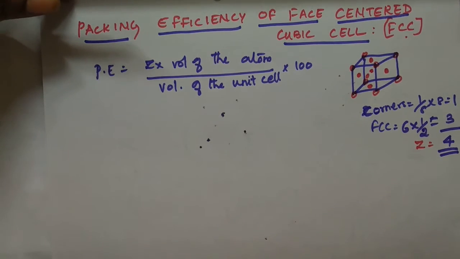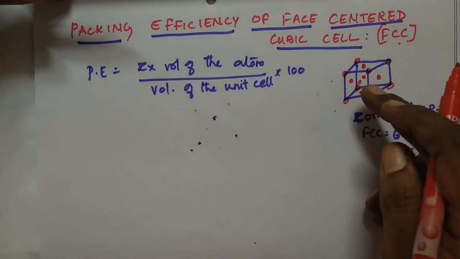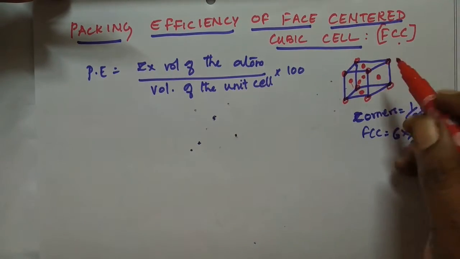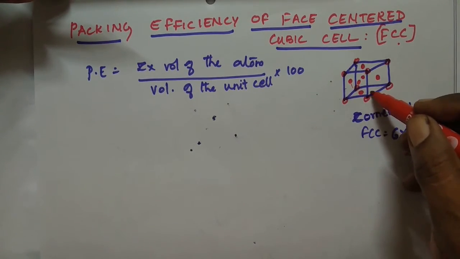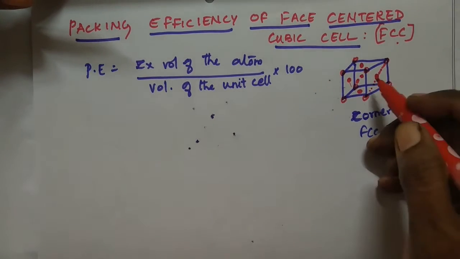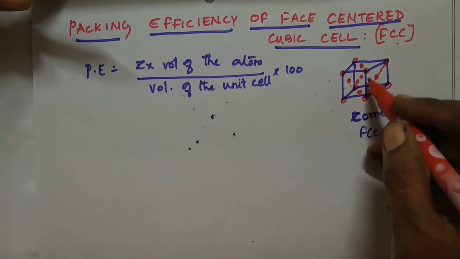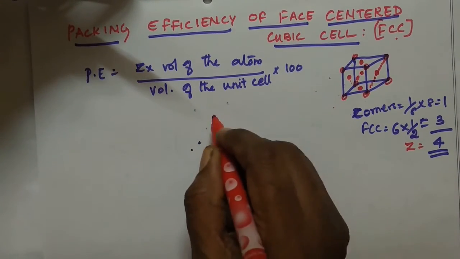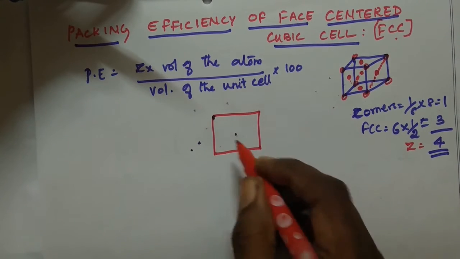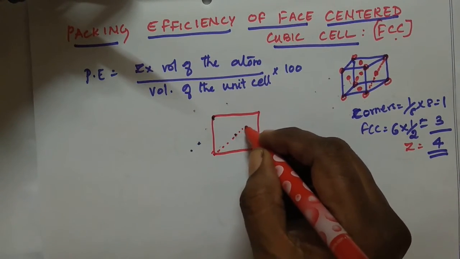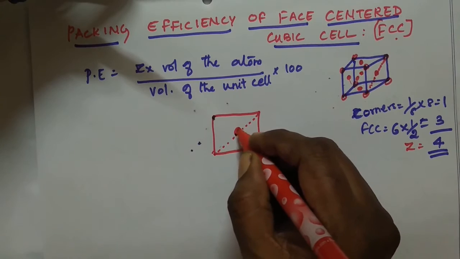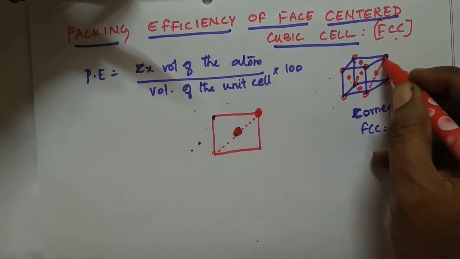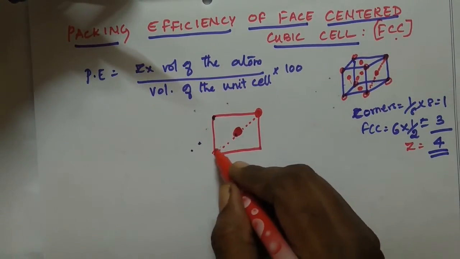So calculate Z and keep it here. And let us go and find out the atomic radius. Here it is going to be the face diagonal. I am not going to take the body diagonal, since it is face centered, so we are going to take the face diagonal. Let us consider one of the cubes, one of the squares. So I draw a square over here, and there is the center. Your atom is going to be here, and also here, this one, and this one. So totally there are 3.